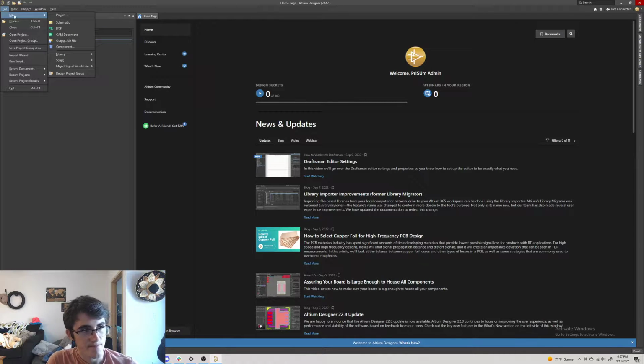So first thing you're gonna want to do is create a project. So you can see if you go to File and New, you can create a schematic file, a PCB file, a CAM document, an output job file, or a component. And then you can also do some stuff with libraries. But we just want to make a project right now, which is going to encompass all of those different types